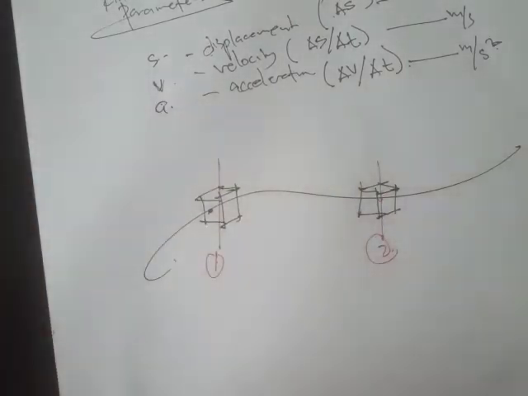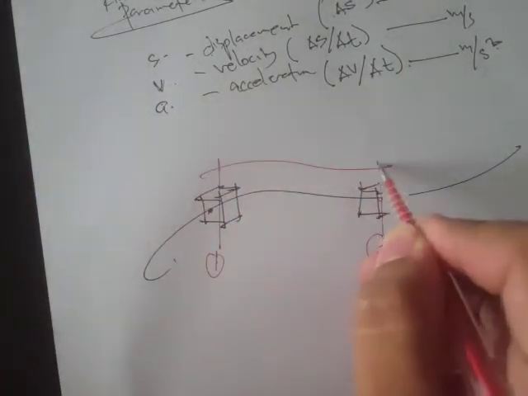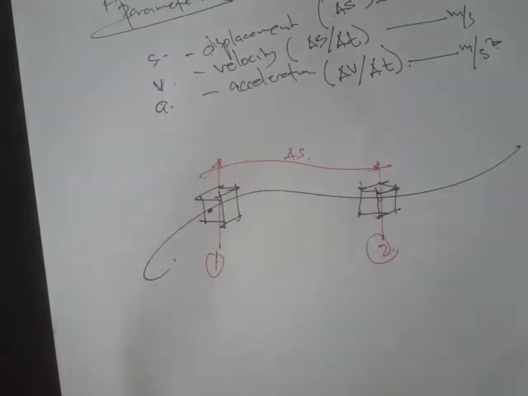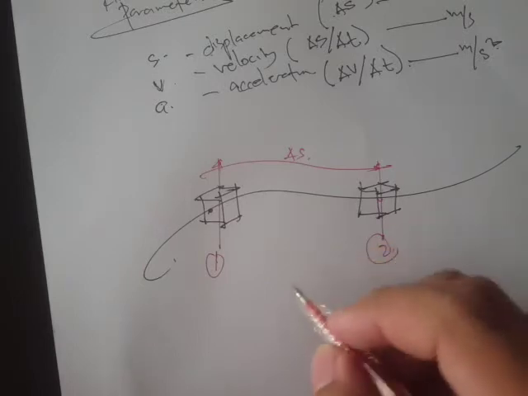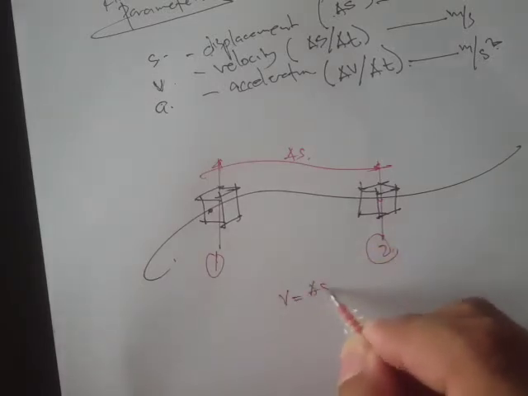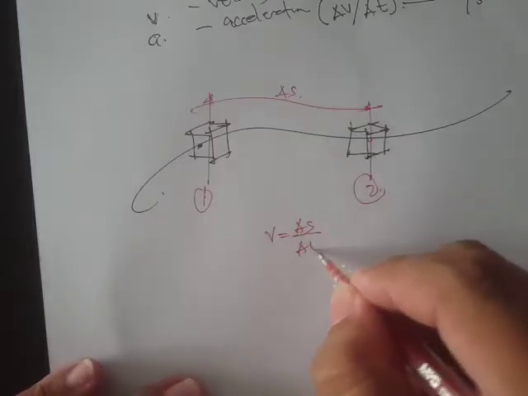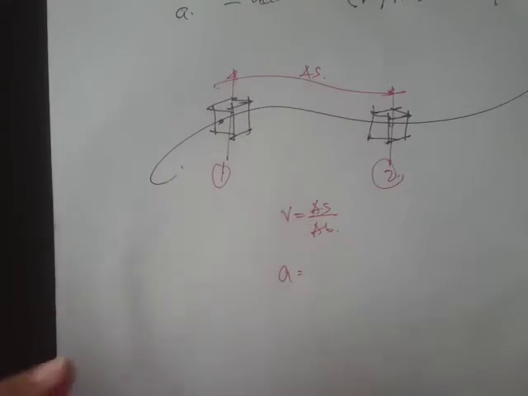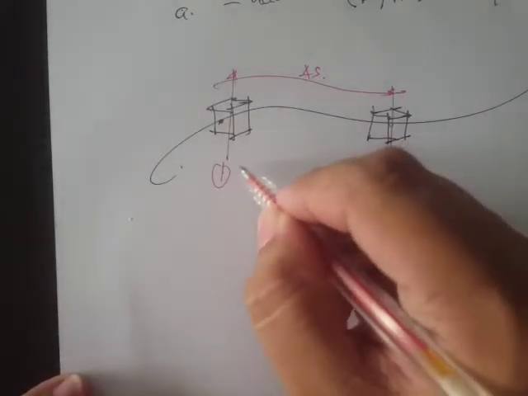So because of the change in position, we have a displacement, and how fast it changes its position refers to the velocity, right? So V is simply the change of position per unit time. And when you say acceleration, it's simply the change of velocity, which means that, for example, we have this